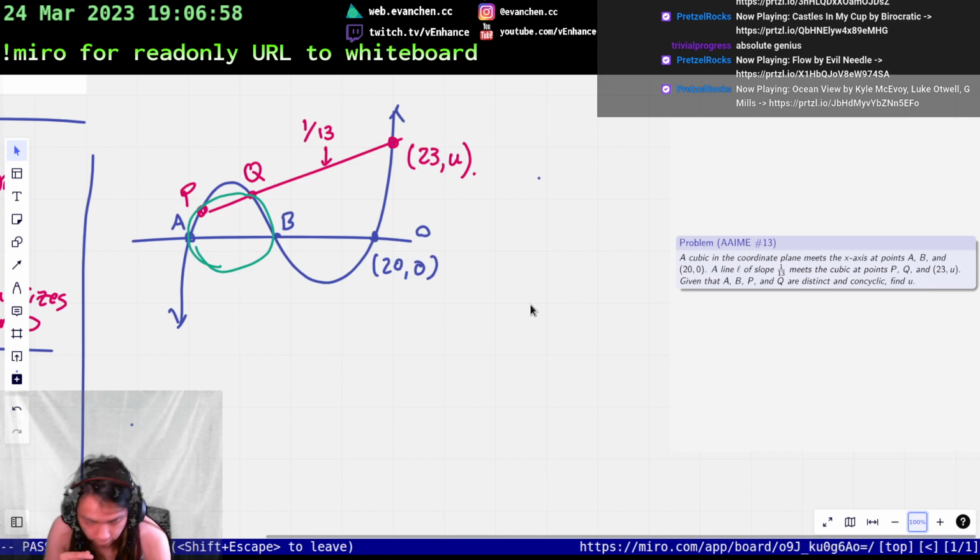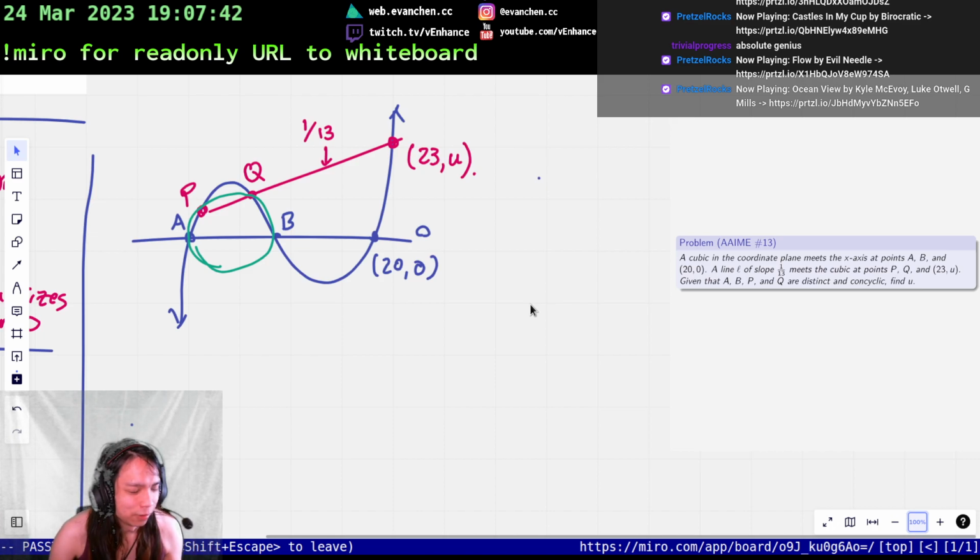Okay, interesting. This looks like it was supposed to be an algebra problem up until the cyclic condition showed up. So I actually know the slope of the line. How many points determine a cubic? Does anyone know? I actually don't know off my head. Wait. Oh, no. It's not a generic cubic. It's specifically,